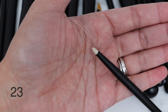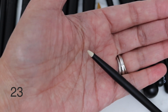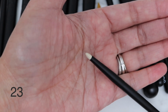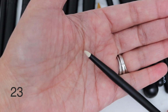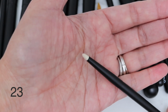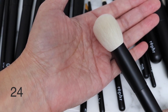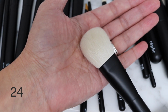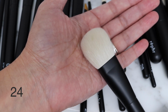Brush 23, the smallest brush in our entire collection, offers unparalleled precision, a smaller sibling to our flagship 3 pencil brush. Brush 23 pushes the balance between softness and precision to the absolute limit. Brush 24, a substantial cheek brush that's incredibly soft with substantial density, designed for pigmented application of blush, bronzer, highlight,